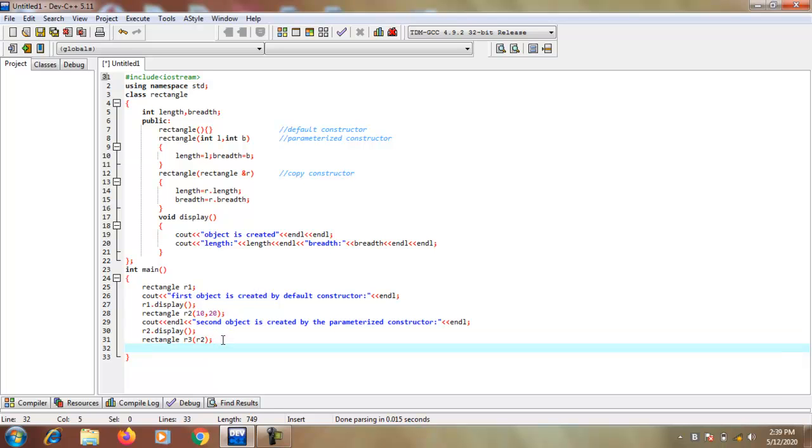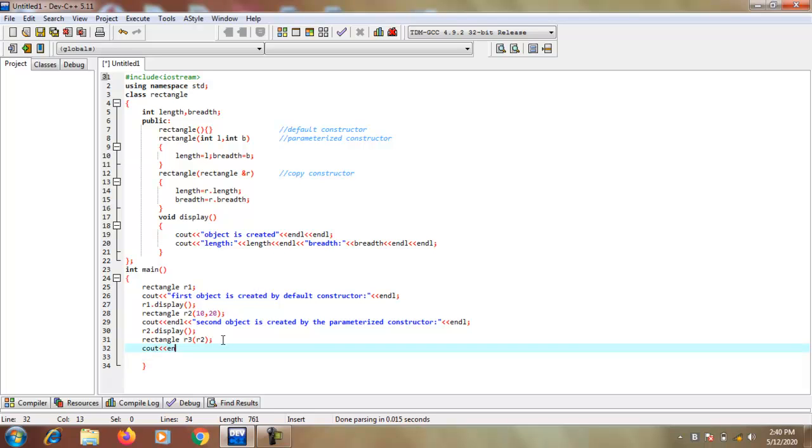So again here I display something. Here I first use endl, and then, sorry, endl is not declared in double quotation marks.